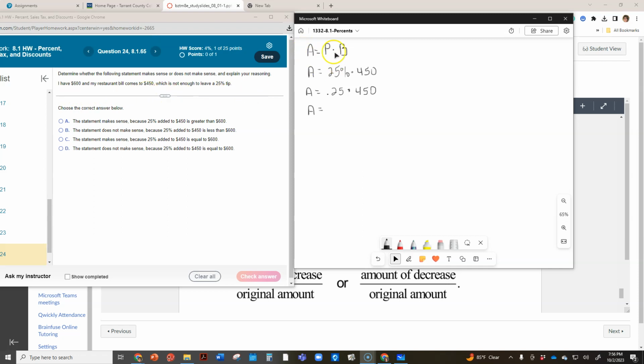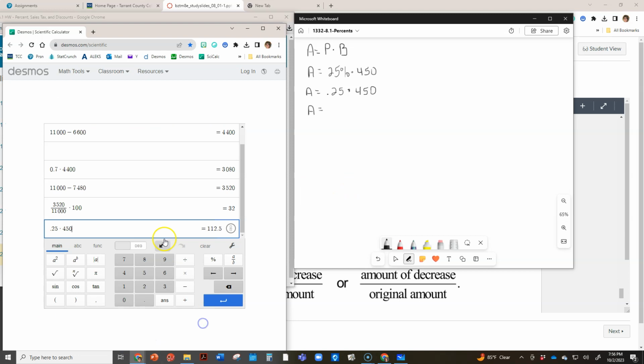Anyway, I'm going to use the formula that they gave me, A equals P times B, or A is percent of B. So I've got to find out the tip is 25% of the bill. So what is 25% of 450? Change the 25% into a working number. So that's 0.25. Multiply that times 450. And I typed that in the calculator, 0.25 times 450, and the tip comes out to be